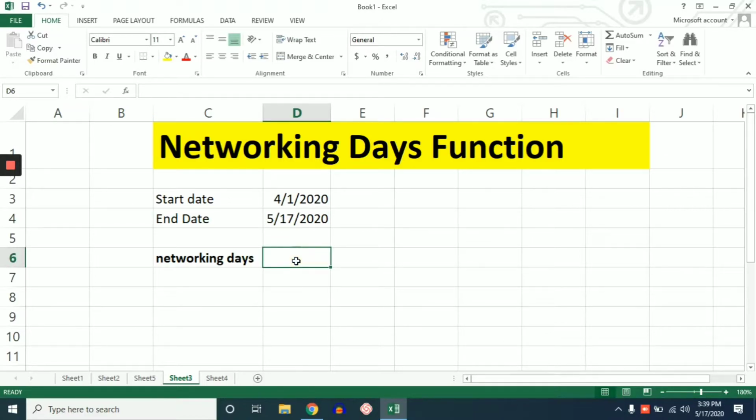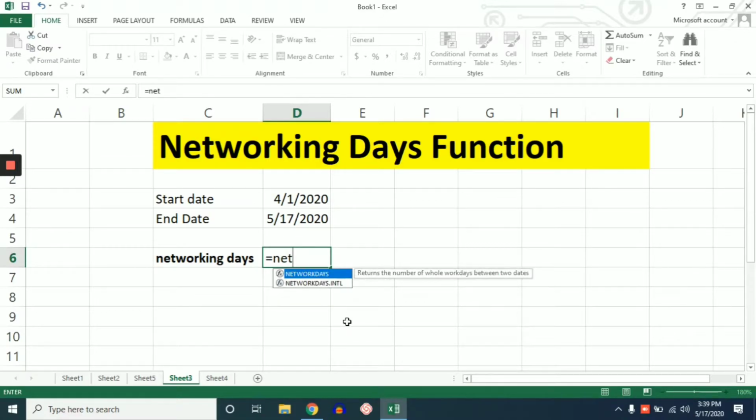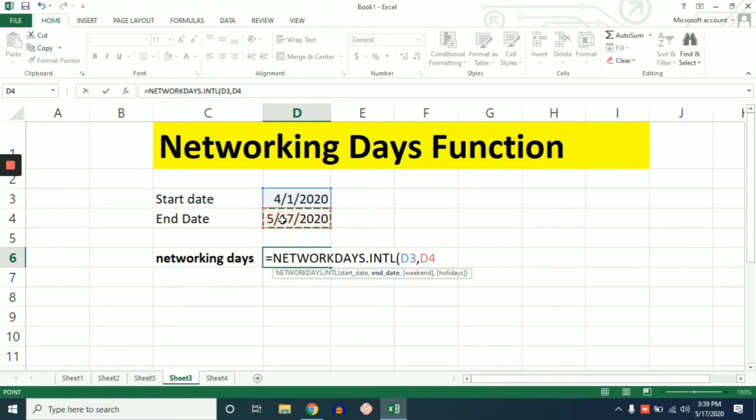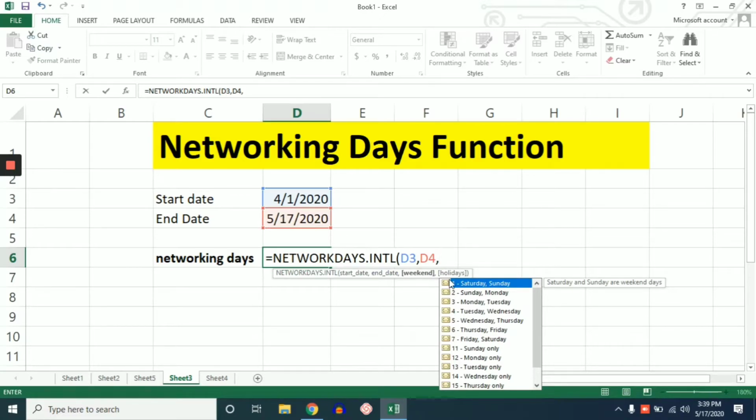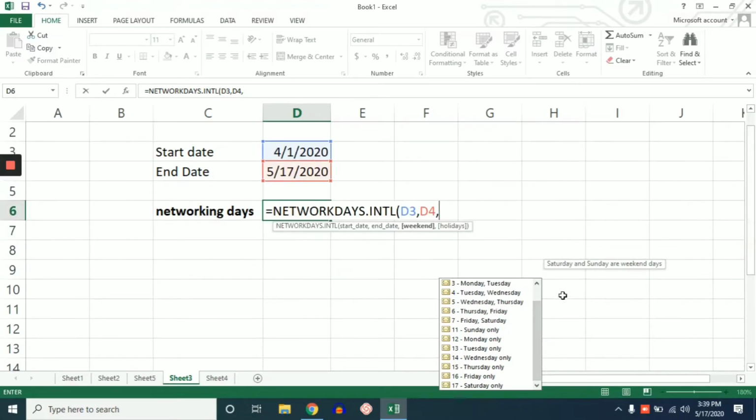So here is the formula. We are going to type equal to and then NETWORKDAYS.INTL, the second function, and then you can see the start date, end date, and holidays. So here the start date is this, comma, and then the end date is this, and then here you can see the holidays. So suppose we have our holidays